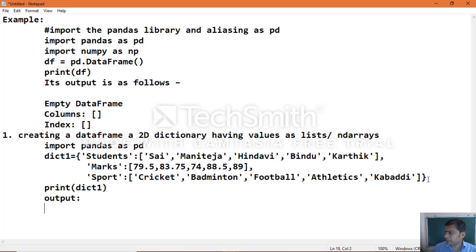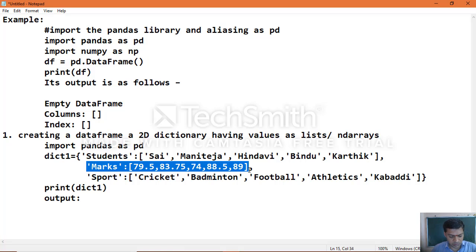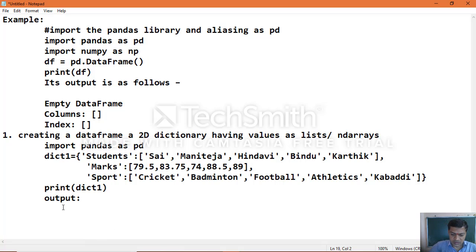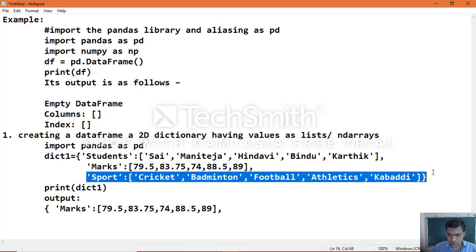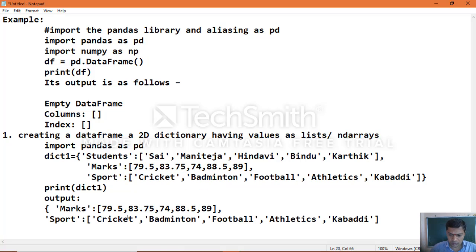Marks, then next after the marks, sport, then students.